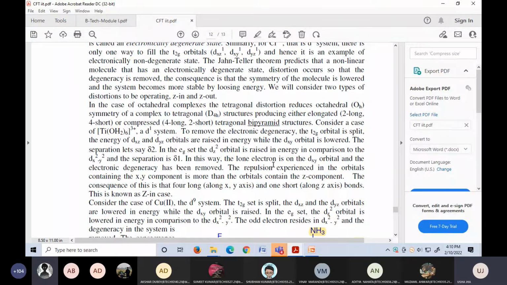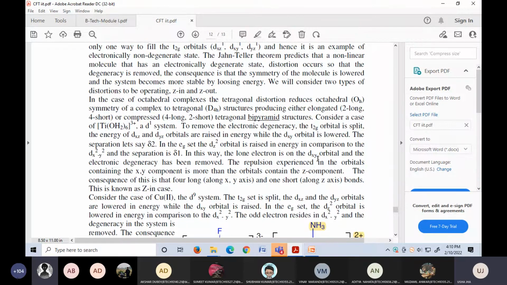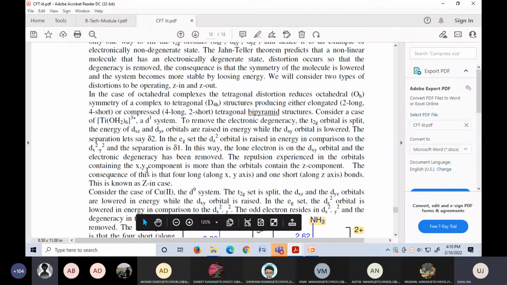In this way, the lone electron is on the dxy orbital and the electronic degeneracy has been removed. The repulsion experienced in the orbitals containing the xy component is more than in the orbitals containing the z component. The consequence of this is that we have 4 long arms along the xy axis and 1 long along the z axis. 4 long along the xy axis because the